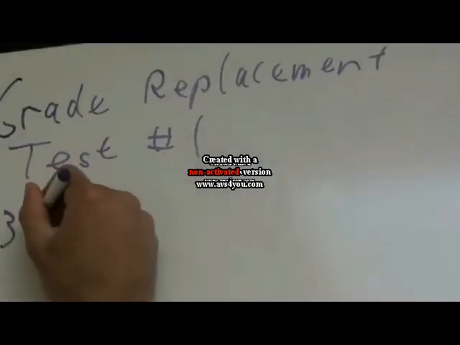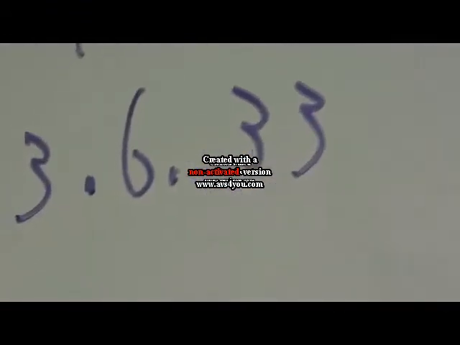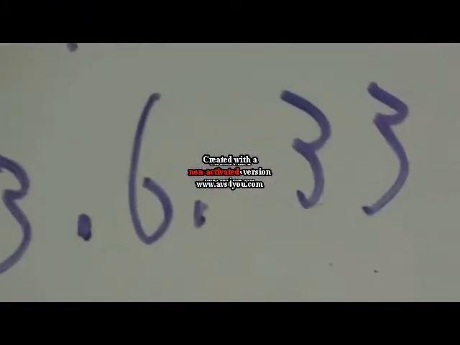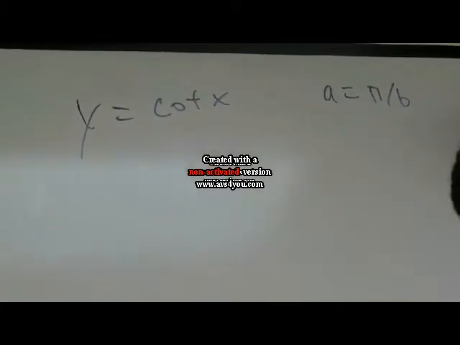And this is 3.633 in our book. I'd give you a page number, but we don't do that in college apparently. So the problem gives you y equals cotangent x, and then a equals pi over 6. And you had to find